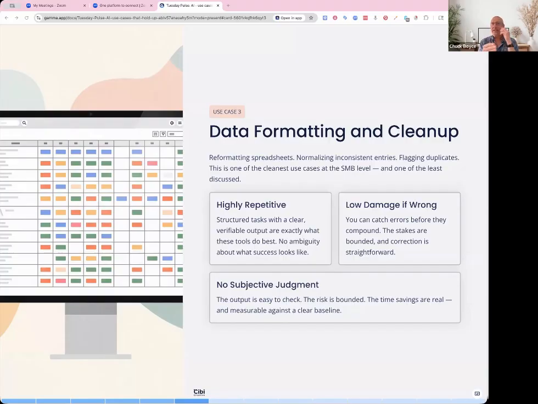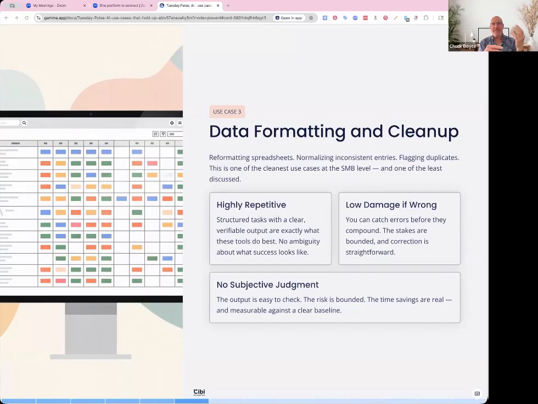Can errors be caught? Yes, because you are comparing the original input and the output, so you can verify what changes. The ownership is there because you are actually following up on, you know what the input looks like, you know what the output looks like, and comparing if it did it correctly. And then the data risk is low because it's internal operational data. And so, again, all four filters work.